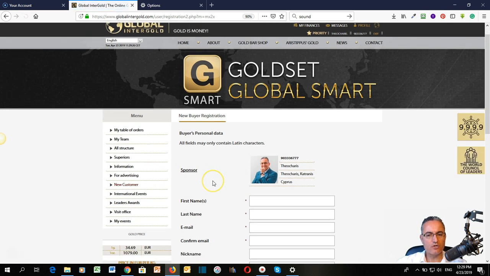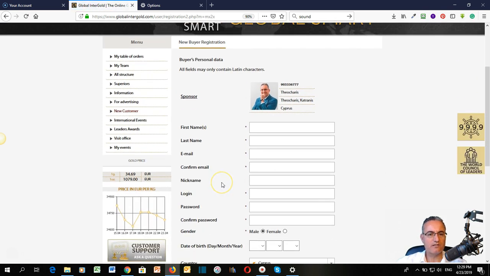Then the next window is going to take us to a place where we have to put the information of the new customer. We see also who is the sponsor. So in this case, it's going to be you. You're going to have your picture and your details. So what we have to do is fill up the details. For example, this is just for training purposes. This account is not real. I'm going to delete it after we finish this training. This is just for you to see how we fill up the